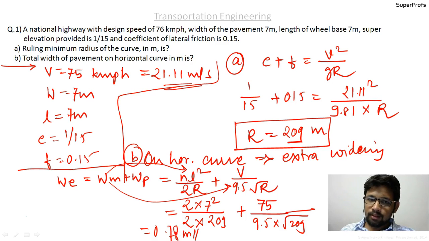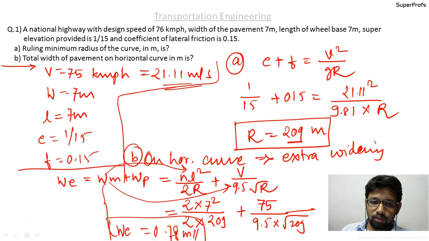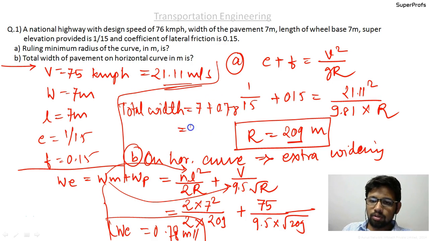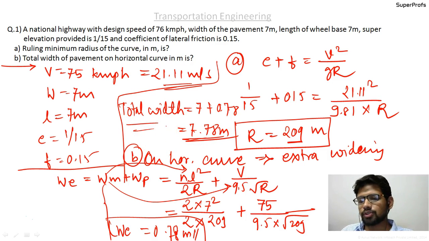0.78 meters. The question asked is total width of pavement on horizontal curve in meters. So 0.78 is simply the extra widening. But the total width of pavement is 7 plus 0.78 equal to 7.78 meters. I hope it is clear to you. It is a very straightforward question, and at times such questions are asked in GATE or whichever examination. Okay guys, so let us now move on to